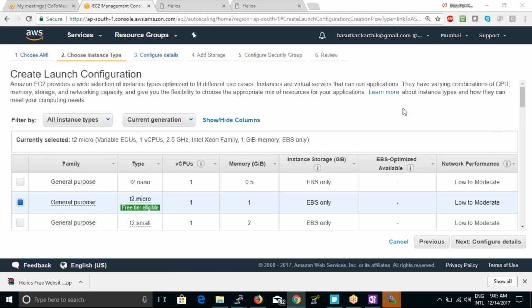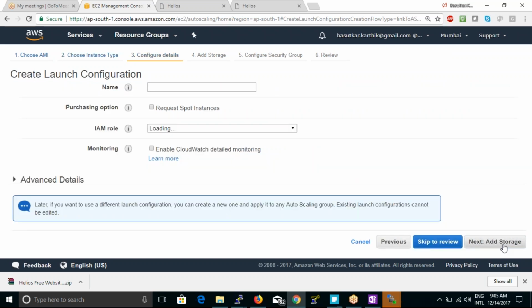Now select any one of the instance type. I'll select e2.micro. Now here you have to name the launch configuration, some name. See, for this launch configuration, I have told what AMI to choose and what is the instance type always to launch, and this name of the